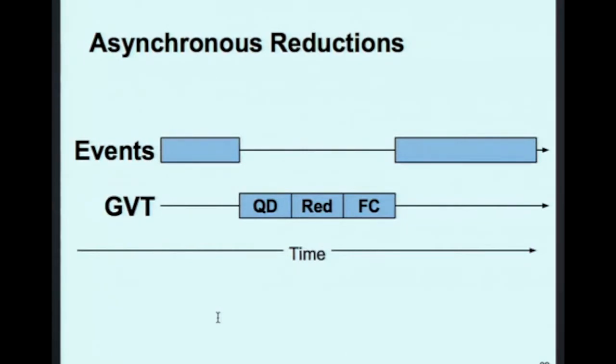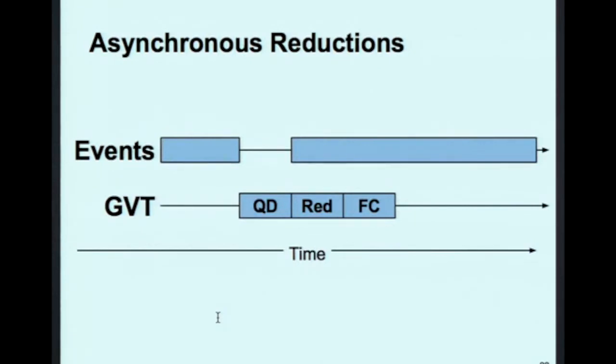Once we know the minimum time on each processor, we do the reduction to compute the global minimum time, and then we can do fossil collection, which is, again, reclaiming the memory and committing events. So in Charm, if we just take advantage of the fact that this reduction happens asynchronously, as soon as we get quiescence and we know that every event has been taken into account, we can start the reduction, and then